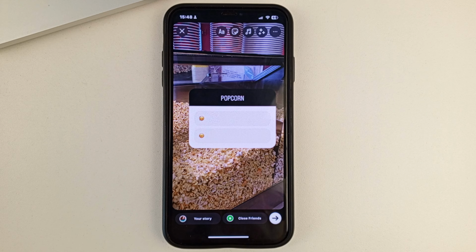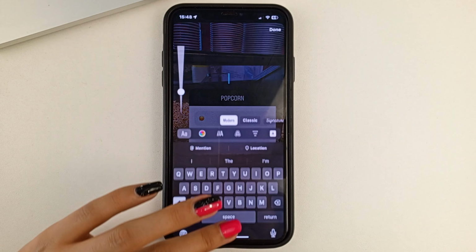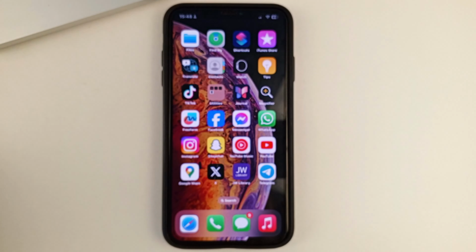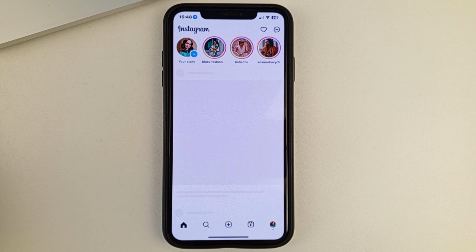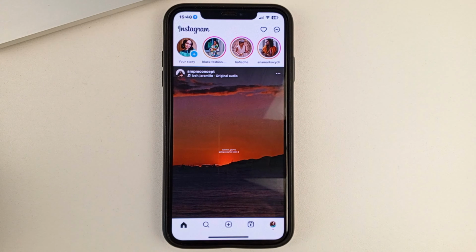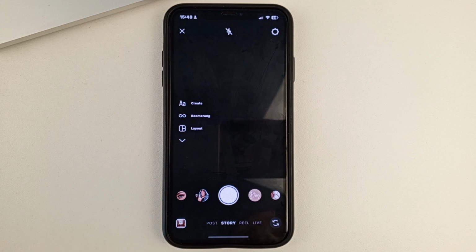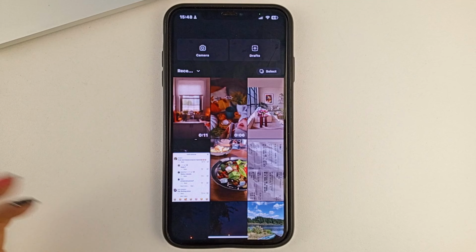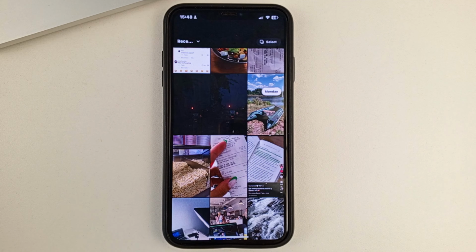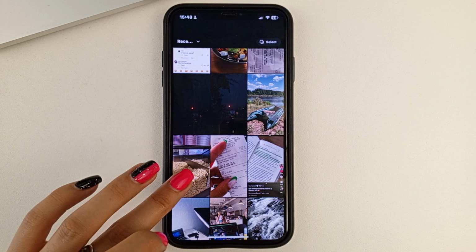Let's get ourselves started, friends. And now I'm going to show you from the very beginning how you can do this kind of survey on your story. So friends, first things first. You will need to open the Instagram app and then go to create a story. To do this, you can swipe from the left side to the right side across the screen. Then you can either take a photo on your Instagram camera or you can choose a photo from your gallery, let's say. You can also do it on video.